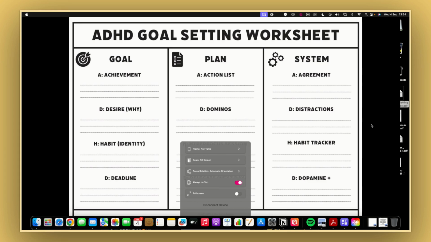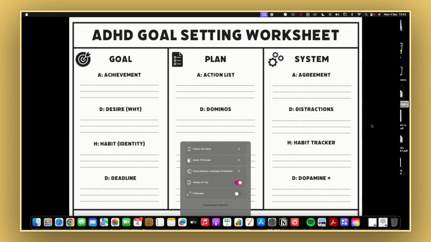So I wanted to go through this worksheet with you, which is a way for you to set goals. And when you're setting goals, you have to bear in mind the bigger scope of things. Like, if you're able to understand what your goal is, and then what plan you're going to put in place for that goal, and then the system that you're going to be using day to day that helps with that plan, you obviously have your, the acronym is GPS, right?